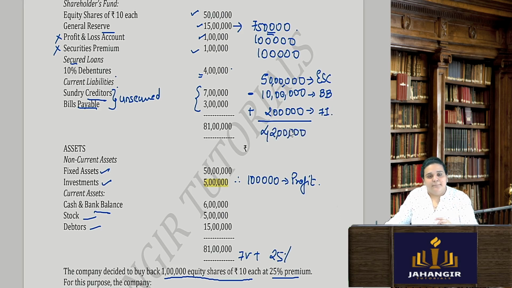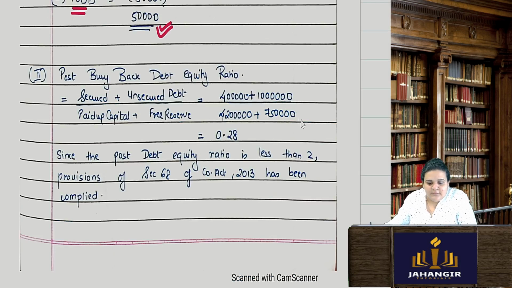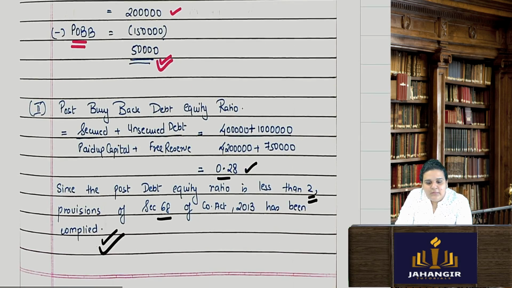In paid up share capital, both the capital are included, okay, equity share capital and preference share capital. Okay, so 42 lakhs plus 7 lakh 50,000. When I'll solve this, I get 0.28. Since the post debt equity ratio is less than 2, provisions of section 68 of the Company Act has been complied with. Conditions given for buyback is complied with. Okay,